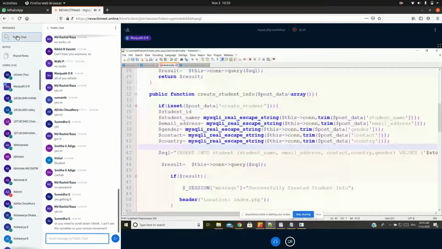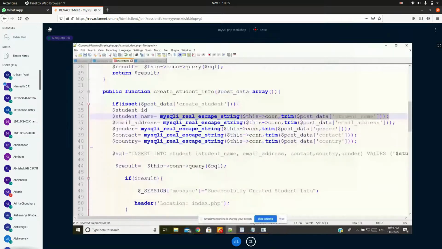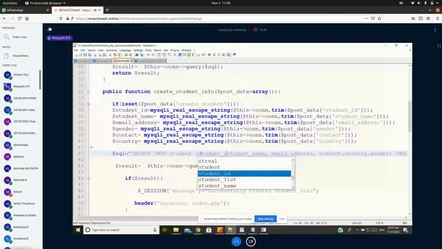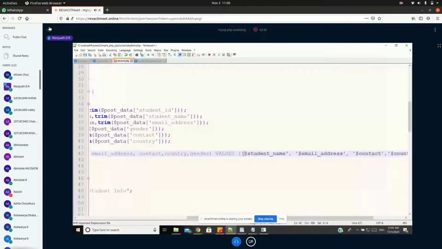Simply I'm going to use this function and paste it here. So I'm going to create one more variable, student ID, here. Since the student is not being inserted, what I'm doing is just modifying it here. So the value should be dollar student ID.